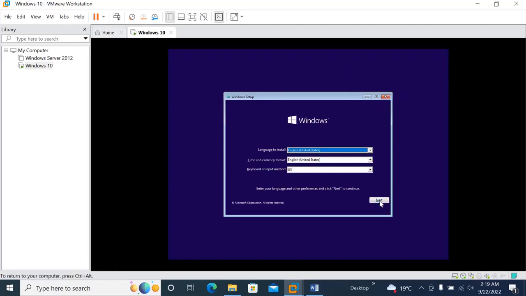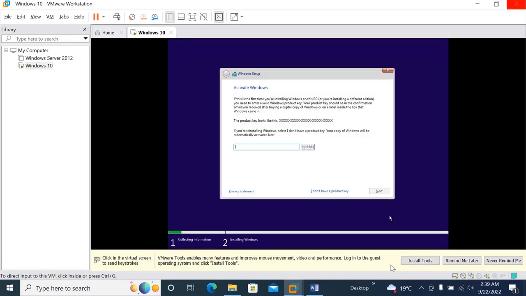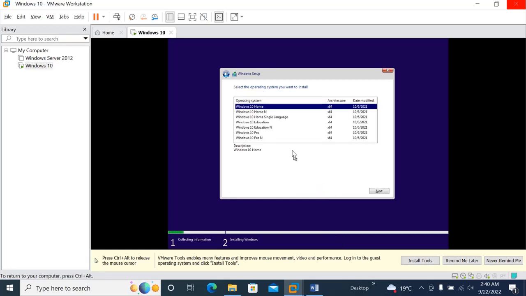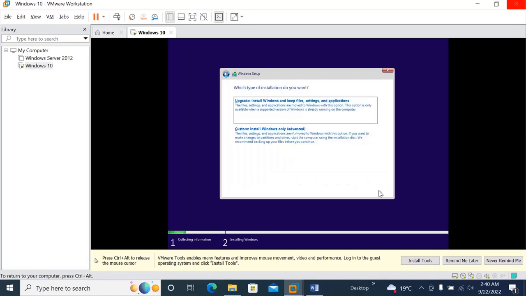Now you can click next and click install now. The setup process is starting now. Now from here, if you don't have a product key, click on I don't have a product key, and then choose which version of Windows 10 you want to install. I'm gonna install Windows 10 Pro, and then click next. I accept license, and then next,